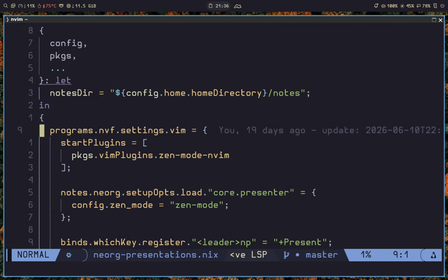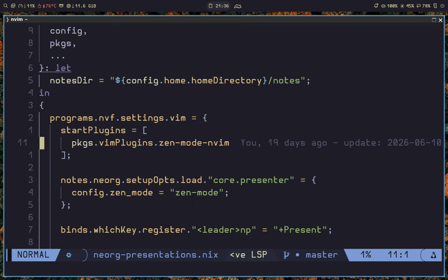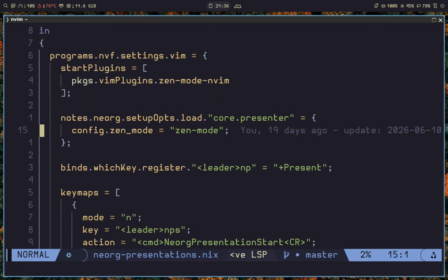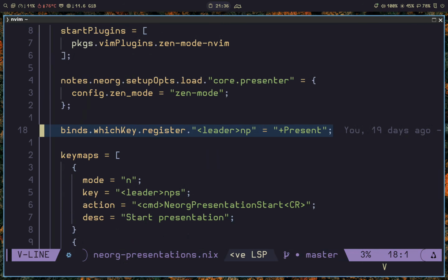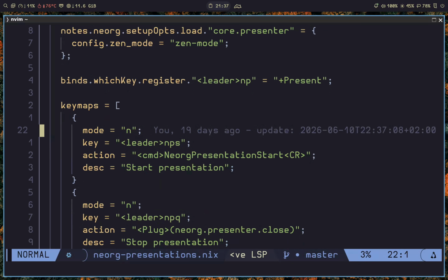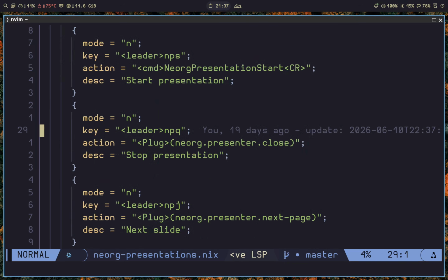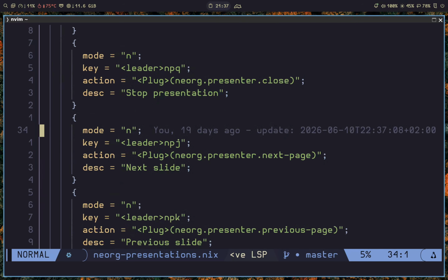So the presentation itself is a core module of Neorg, and you can just add this. The presentation does need Zen mode. If you use Nix and NVF, Zen mode is also available. Then you just load the core presenter and add Zen mode to it. Here we can register the main key for it. Then we follow up with the presentations that we do. So NPS is start presentation, NPQ is leave presentation, NPJ would be next slide, or you can just use the